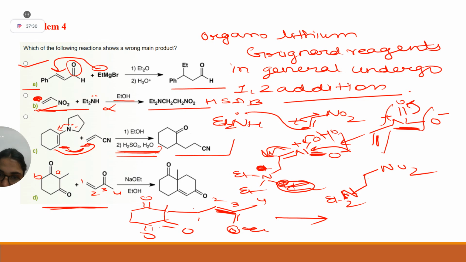Okay, it will first convert into its keto form. Then the base is going to abstract a proton from this fourth carbon. And now how many member ring will form? One, two, three, four, five, six-membered ring, and you will get this product. I hope it is clear. Ma'am, once again, can you please explain this reaction? Okay, yeah, sure.